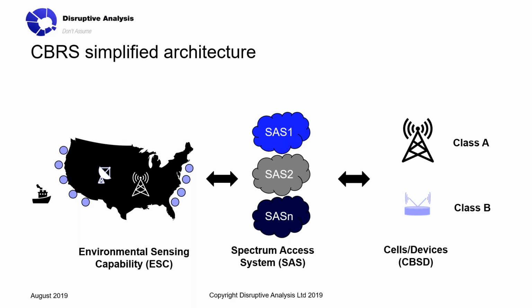And then the actual base stations themselves are referred to as CBSDs, CBRS devices. And at the moment, there's two proposed classes of these, which roughly speaking correspond to outdoor and indoor, but they're actually separated by power levels. And again, the precise details of the specifications for those are available widely online. But certainly from an in-building point of view, mostly we'll be looking at the smaller devices, although for very large and dense areas of demand, so think like a sports stadium, we may well find that the outdoor class are